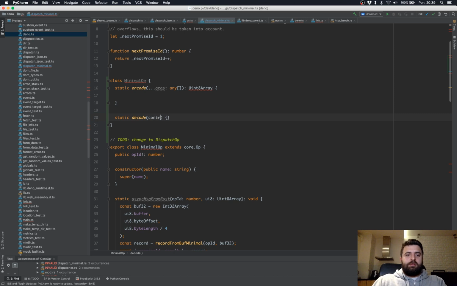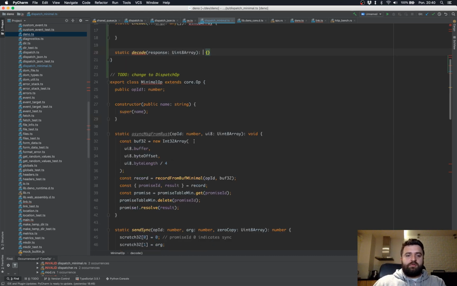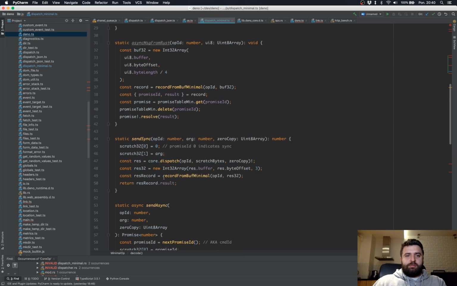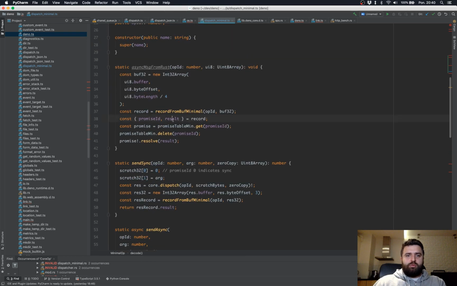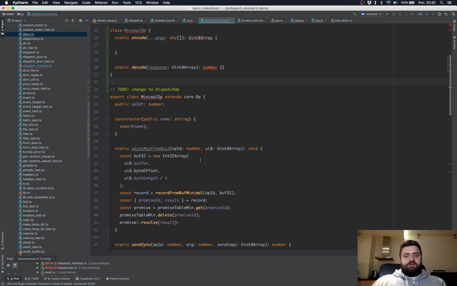will take this response, which will be a buffer, and then turn it into something that your serialization understands. So in case of JSON, it will turn the response into an object, and in case of minimal dispatch, I think it would result in a number. So this is more or less the API we'd want to achieve, and the problem to achieve it currently is